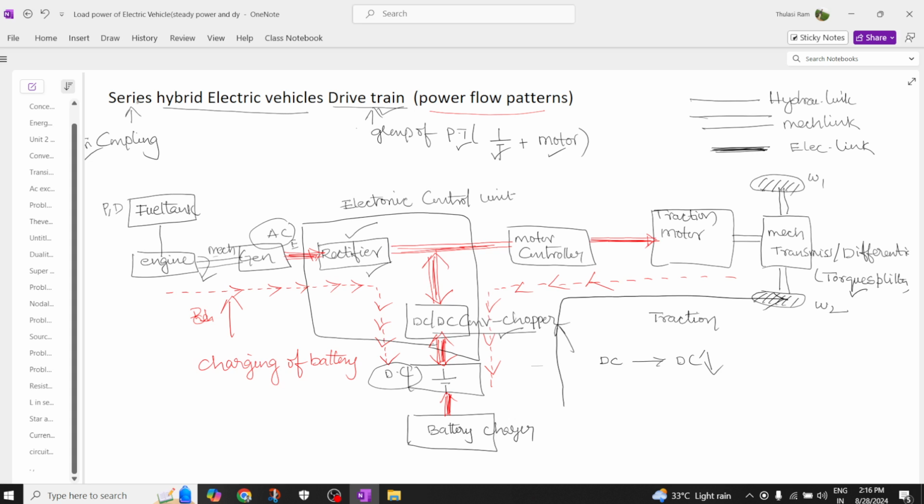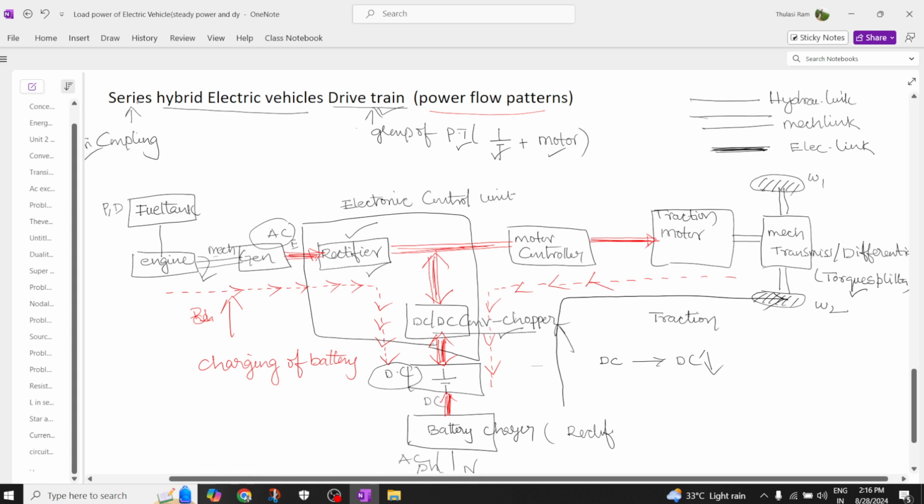Now this battery we need to charge with the help of a charger, where the input is AC supply, phase and neutral, and here you require DC, so this battery charger is nothing but a rectifier. So that is the rectifier action in off-board charging, which will charge the battery,